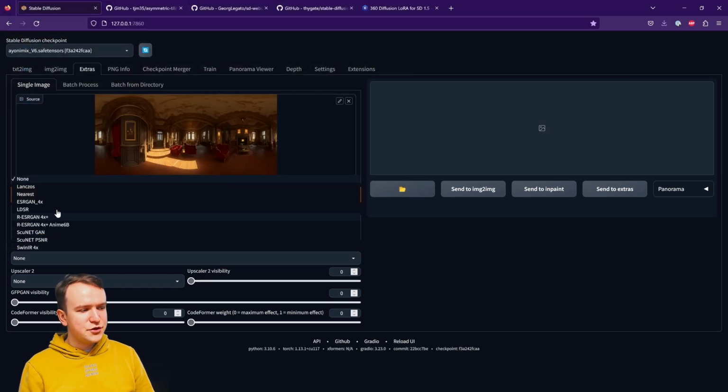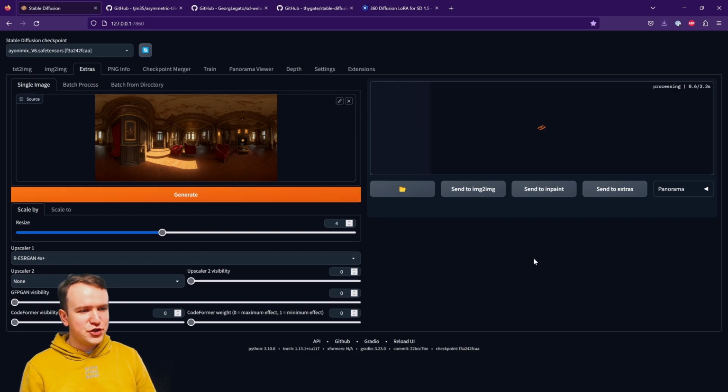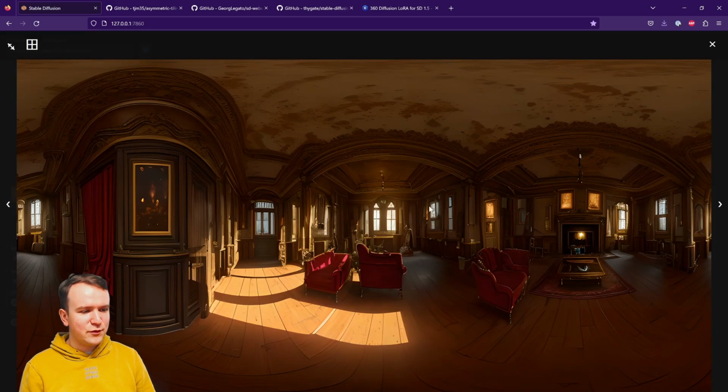Set the upscaler to R-ESRGAN 4x. That works well for me. It works for more realistic scenes, and this is realistic enough that it functions well. But you can pick whatever you want. I'm going to upscale it by 4, so we have a nice resolution that we can view in VR without it looking too bad. Hit generate. Again, this might take a little while the first time you do it because it has to install the upscaling models first. And here we go. We have a nice high-res scene.